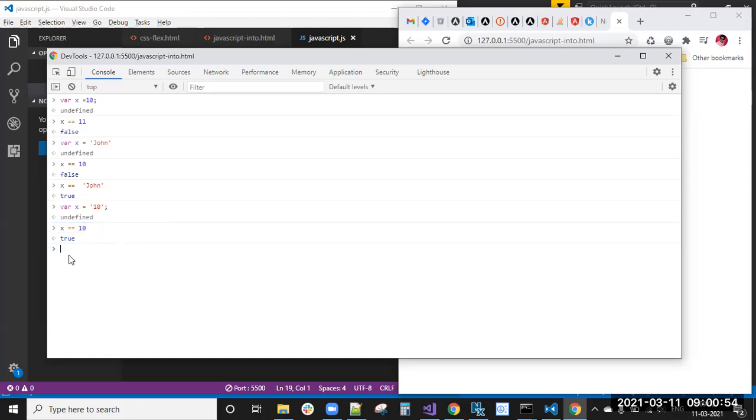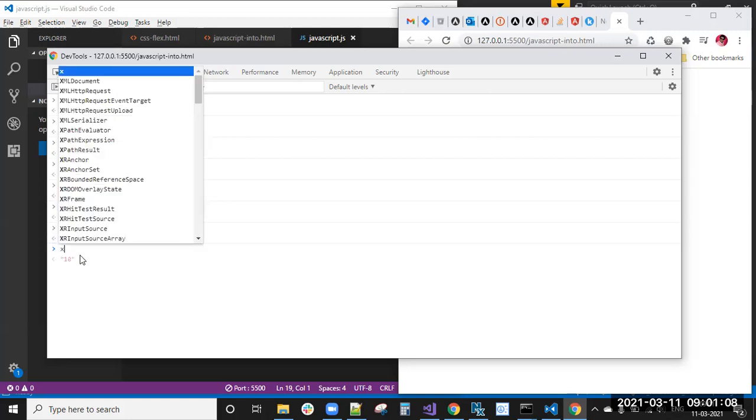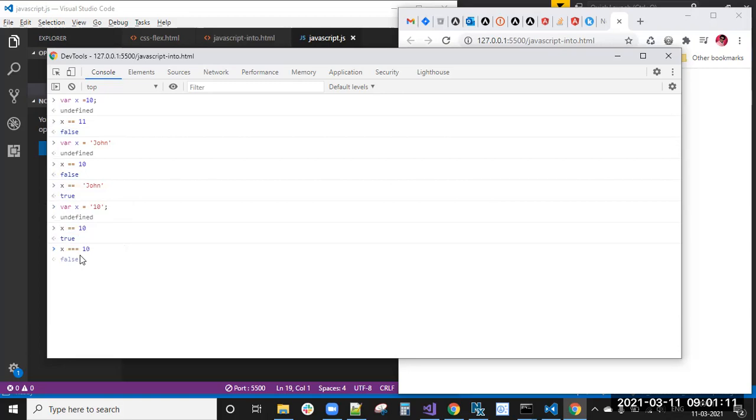But what if you want only value checking? This value is 10 and the value is 10. Type is not checked. This is the string 10 and this is the number 10. If you want to check the type also, then you need to use the triple equal. Now you will get false, because triple equal first checks the value, 10 and 10, and next it checks the type. This 10 is number 10 and this 10 is string 10. So the string data type and number data type are not equal, right? Because of that you will get false.